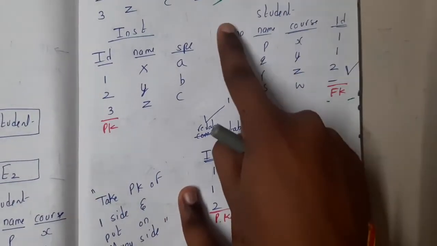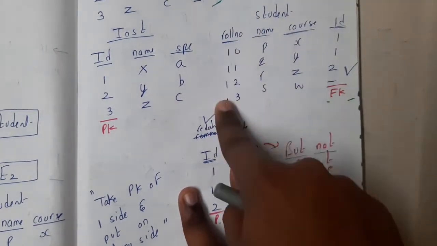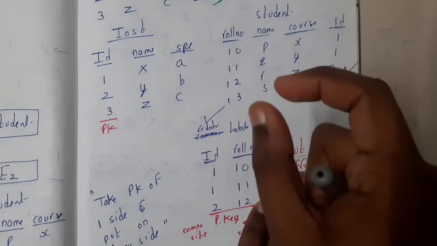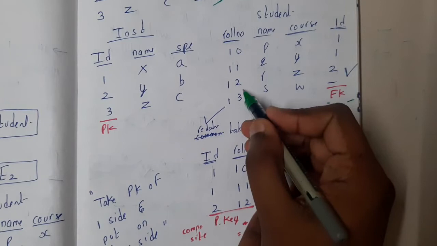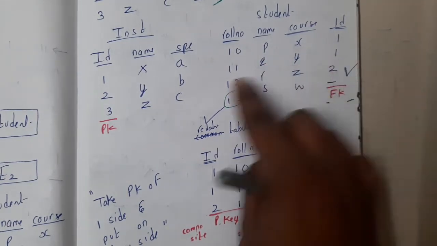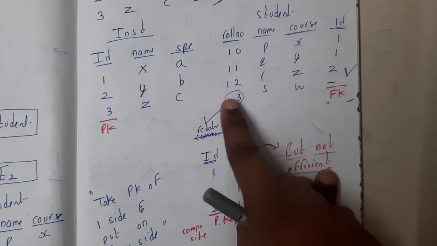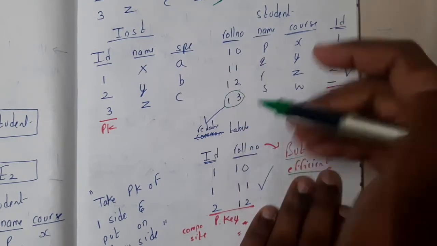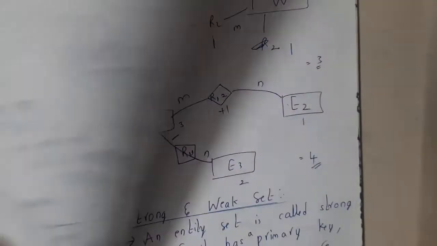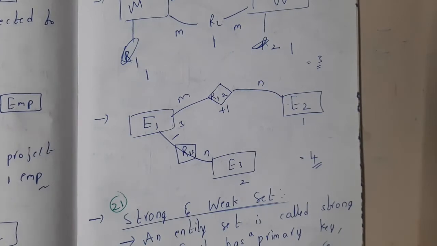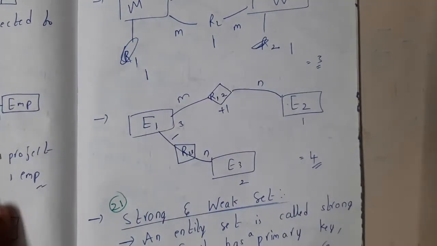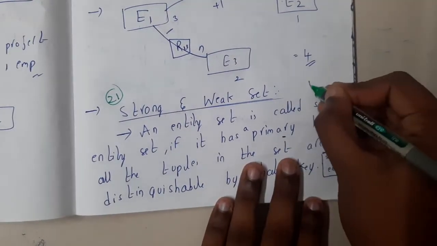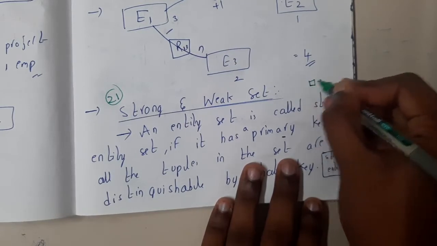If you observe this particular table, concentrate guys. Using this table, I want to select a particular value. If I select this 13, can I uniquely identify a particular row here, guys? Yes, so 13 means this row. Similarly, 11 means this row. So in that way, if I am able to distinguish between the rows of the whole table using a particular attribute, that is nothing but a primary key, guys. So primary key is a key using which we can identify a particular row.